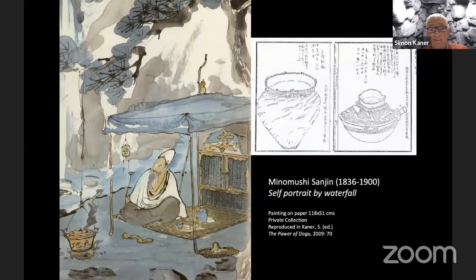And one of the stars for me is this gentleman, Minamuchi Sanjin. That's his pen name, his working name, if you will, who in the middle and later part of the 19th century traveled around Eastern Japan, undertaking his own excavations, digging up some of the earliest Jomon pottery, which, as Chris mentioned, is one of my other main interests in Japanese archaeology. And here he is in his own little bivouac with a Jomon period figurine just behind him, because what he was doing is not only digging these things up, but he was putting them on display for the local people to come and see and tell them about other collections that existed as well.